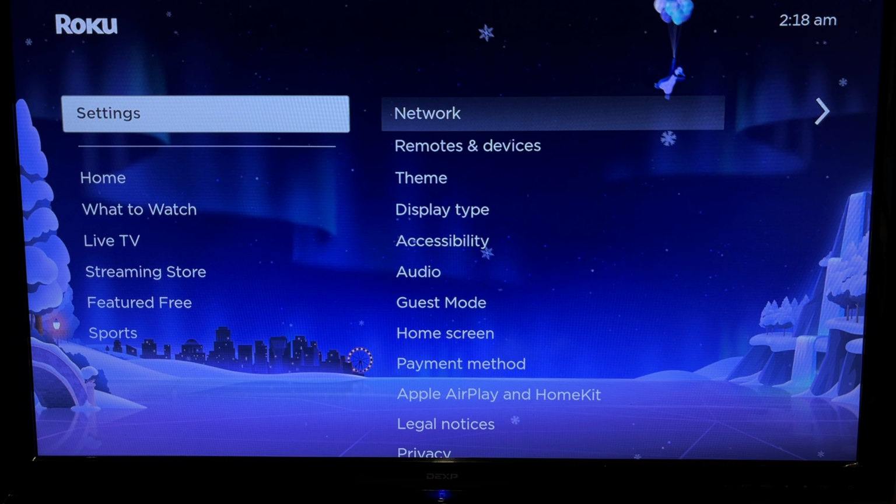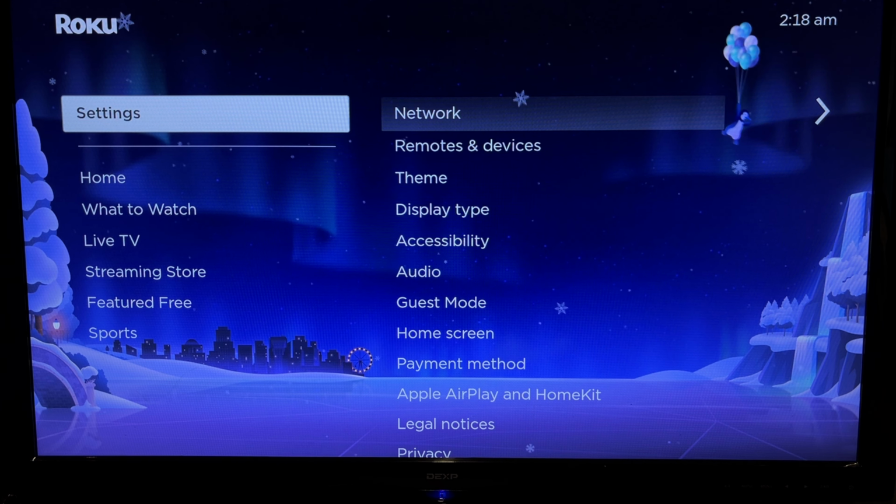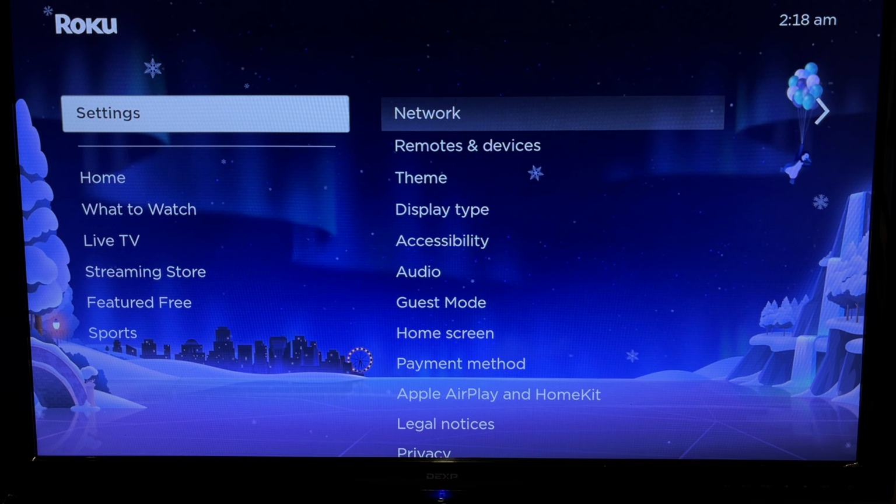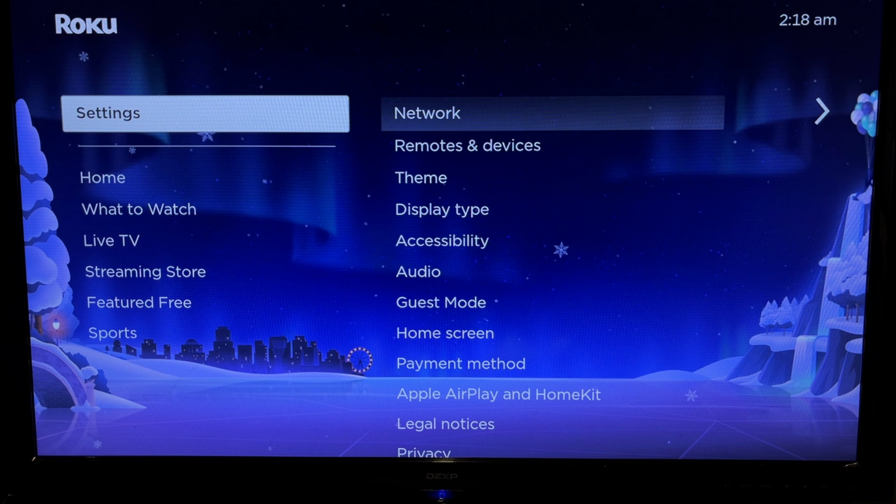Today I will tell you how to get a browser on Roku. Let's go. There is no browser in the Roku App Store. What to do? Open Settings,